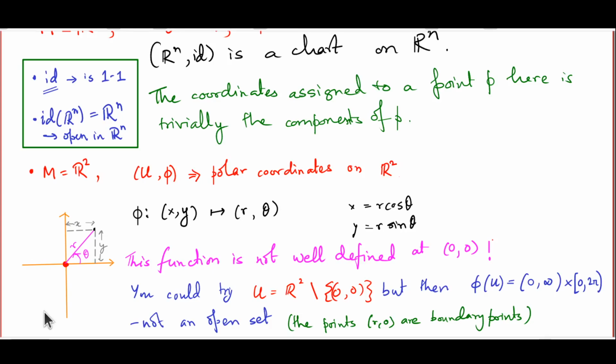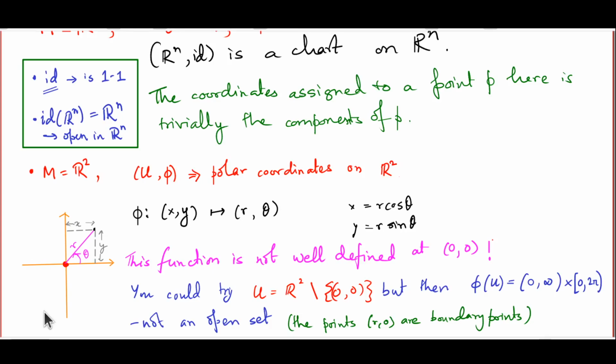The problem is actually one of plenty, in the sense that the point at the origin, which is uniquely given by 0 and 0 in Cartesian, suffers from a problem of plenty in polar coordinates. r is definitely 0 there, but what about the value of theta? In fact, any value of theta will do. In other words, the map which goes from (r, theta) to (x, y), the inverse of this map phi, is actually